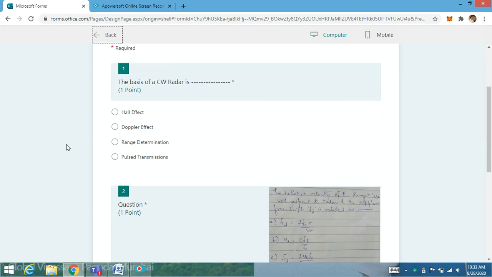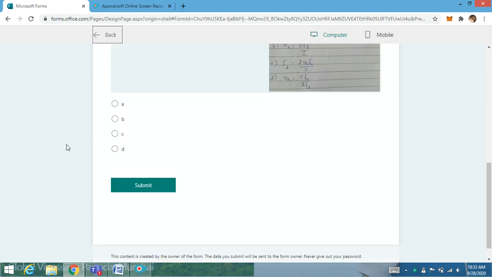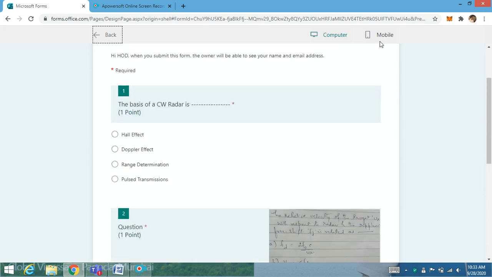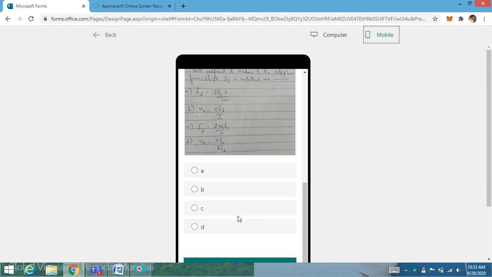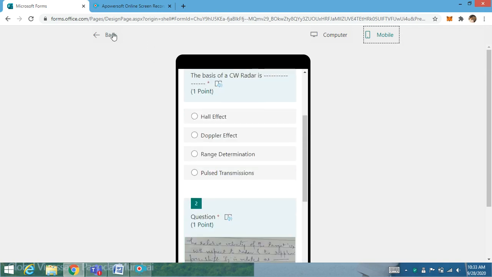And in the mobile, this is how it looks. Okay, it looks nice and clean, right? So